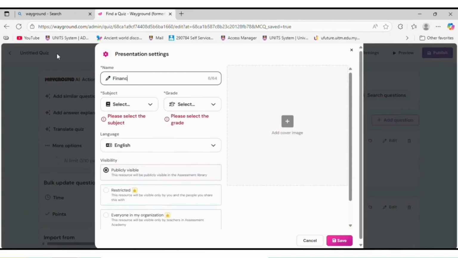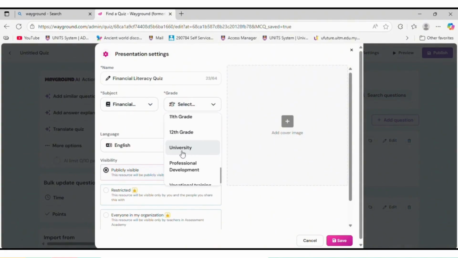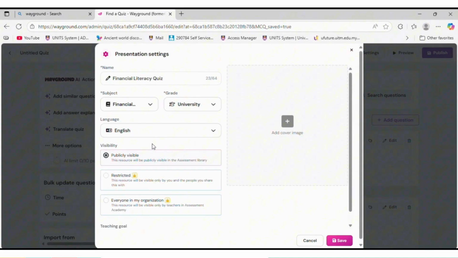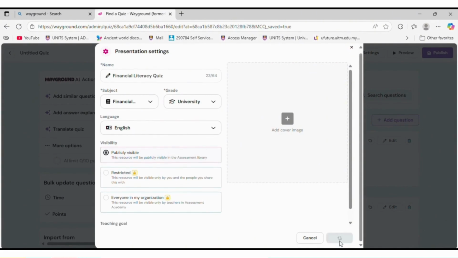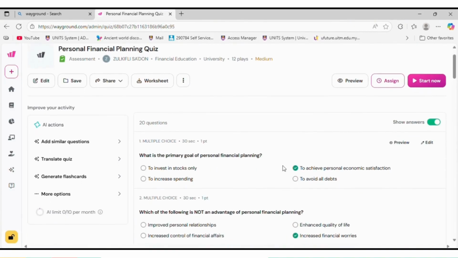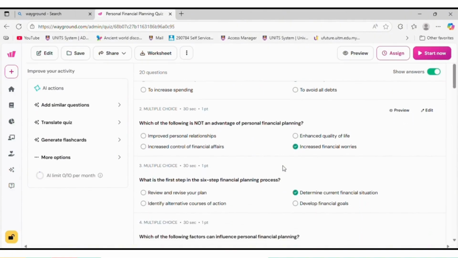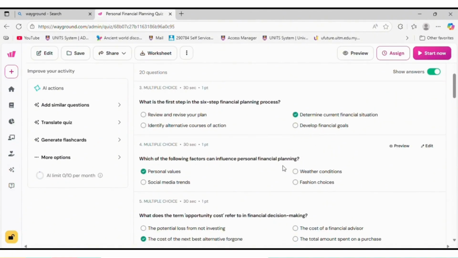Don't forget to name your quiz in the presentation setting. Set the subject and the grade for your quiz and then save the quiz details. And now you have a set of questions ready to test your participants.